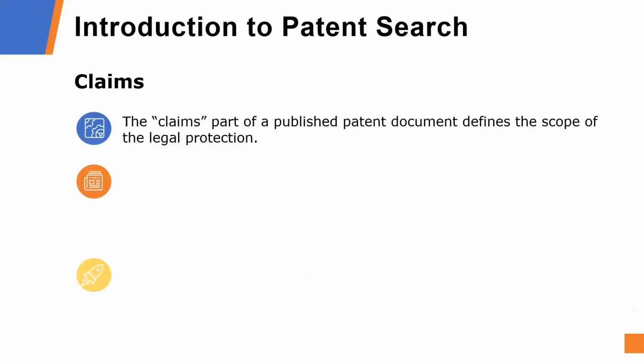So sa claims naman, as we go back to our discussion in patent, the claims part of the patent document defines the scope of the legal protection. Kung mo-adto na sa korte, that is the only part wherein the judge and the lawyers of the other parties will dispute. So, lawyer A, lawyer B, for example, ikaw ang inventor, so you have your own lawyer, and then before actually we go to court,